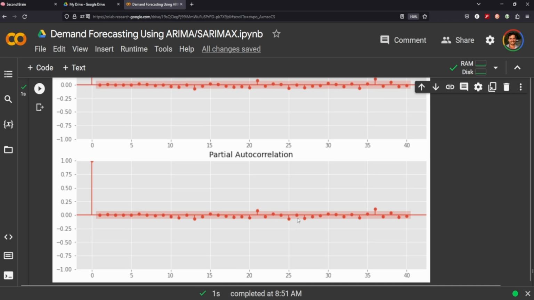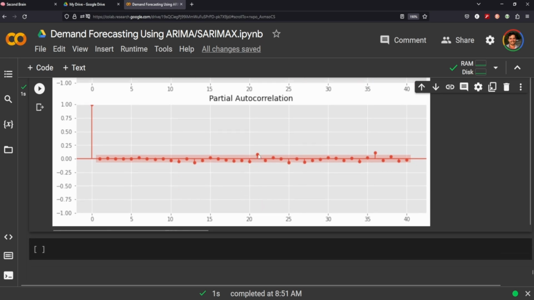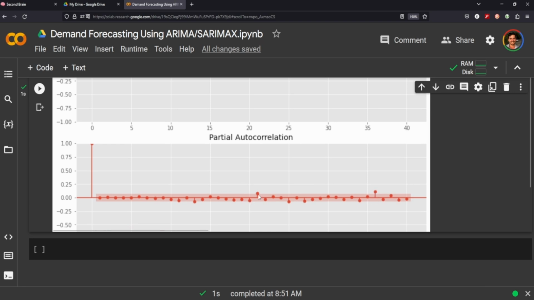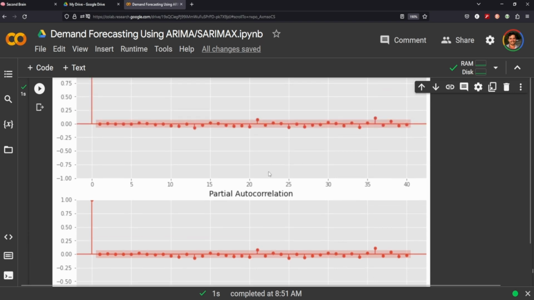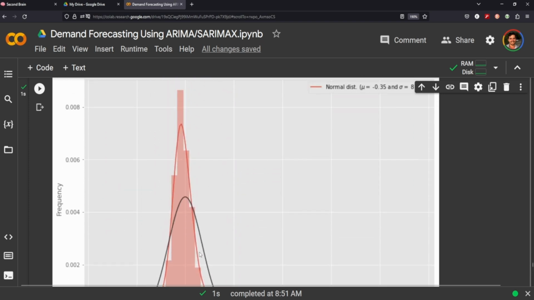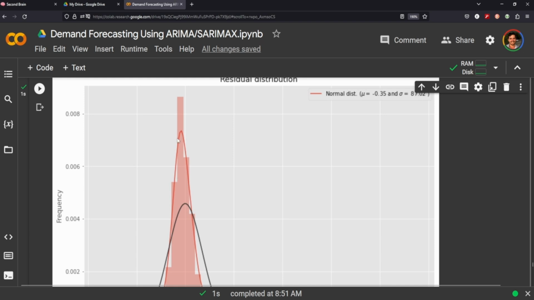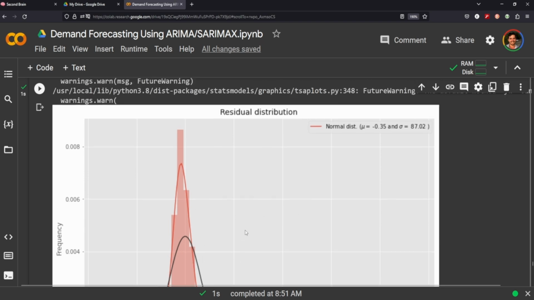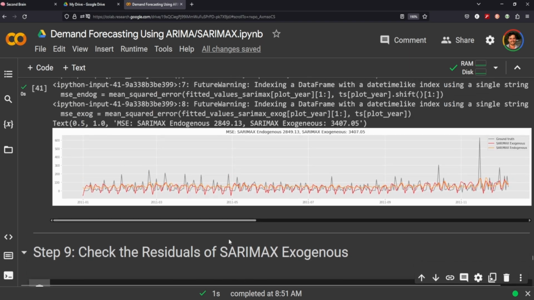I'm trying to think of anything else I need to do here to wrap it up. You do want to recheck your residuals. As you can see, the spikes here are far less. The spikes previously, when we checked our residuals, poked out a lot farther than they do in these two. So we know that we've been making improvements. This is still a concerning graph. I think you would want this to be a little bit closer to each other to see that there was a similar, normal distribution. But anyway, this is to give you a good pipeline to create a robust model for